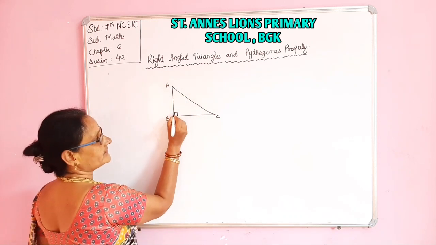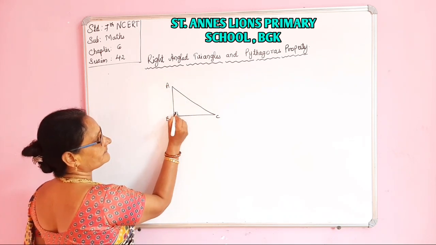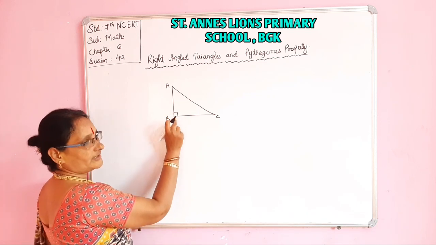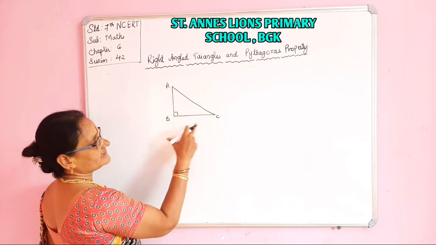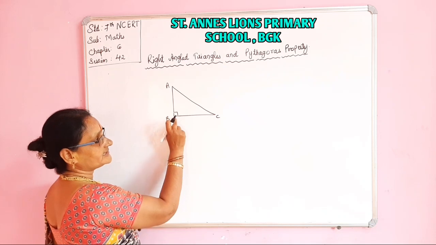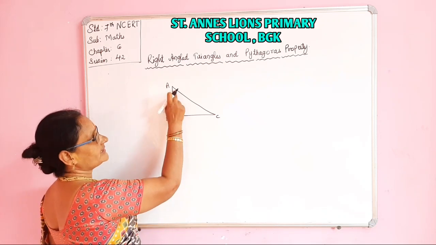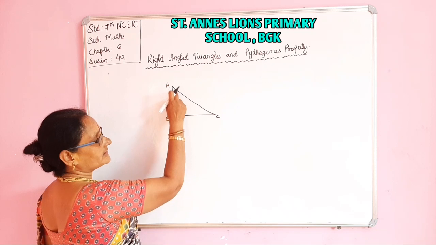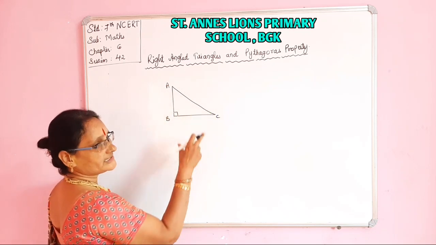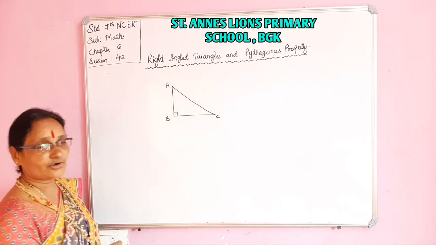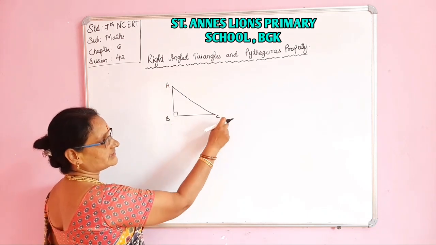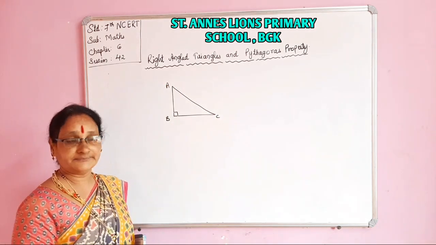See, this is 90 degrees. I think you may know this notation. It is one symbol, and if this symbol is there, the triangle is recognized as a right angled triangle. In that, this angle is 90 degrees, and the remaining two angles sum to 90. This 90 plus that 90 together is 180 degrees. You already know the angle sum property: the sum of angle A plus B plus C equals 180 degrees.